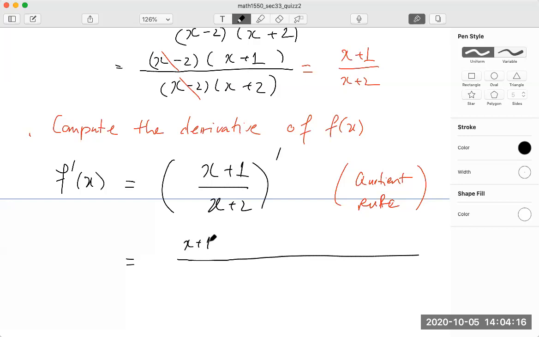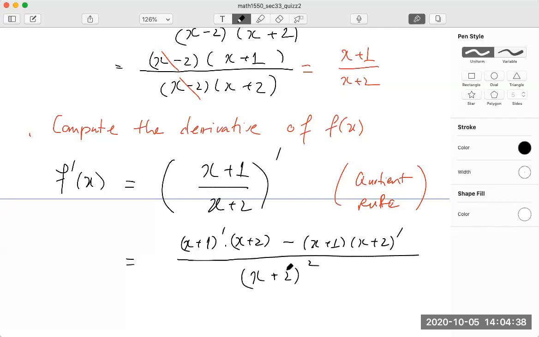Thank you, Mehdi. Derivative of x plus 1 and, thank you, Mehdi, very good, thank you. Perfect. x plus 2 squared. Thank you, Mehdi. So